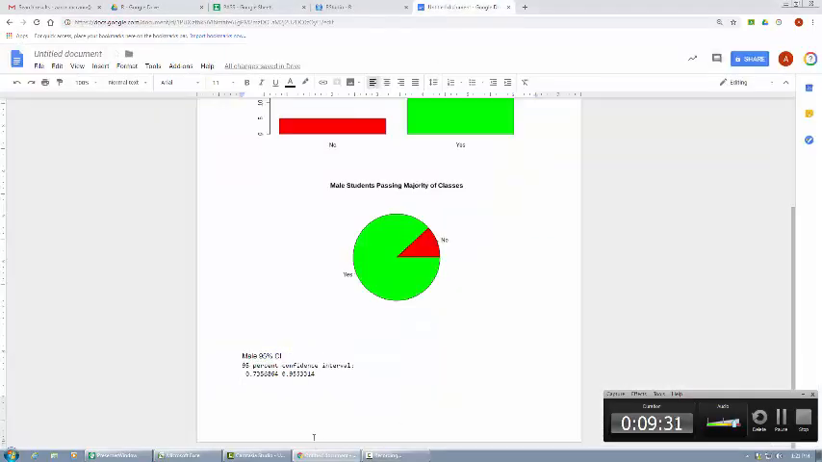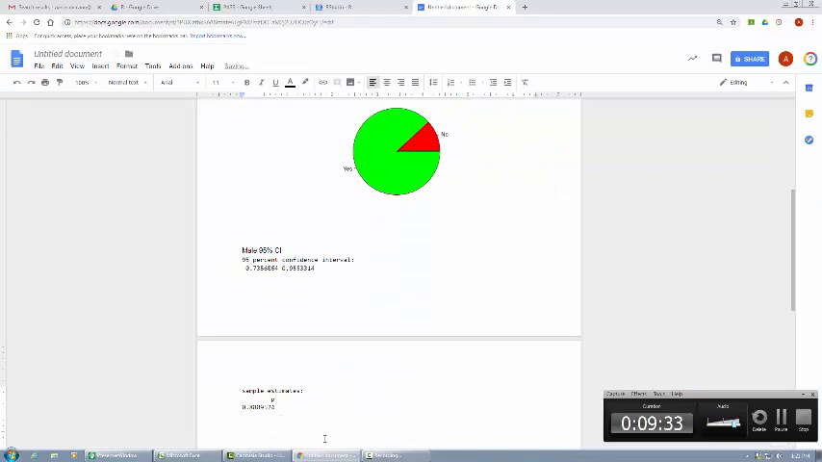So if I go over here and drop that in, then from here, guys, we can say from this sample of 42 males, we see that 88.1% are passing a majority of their classes. Also, based on this sample, we are 95% confident